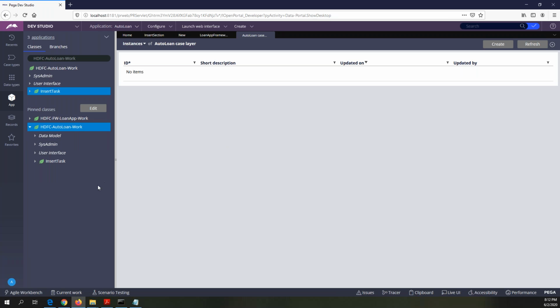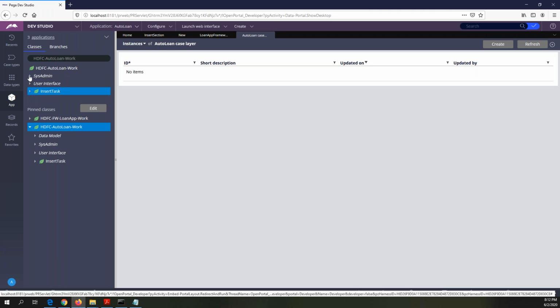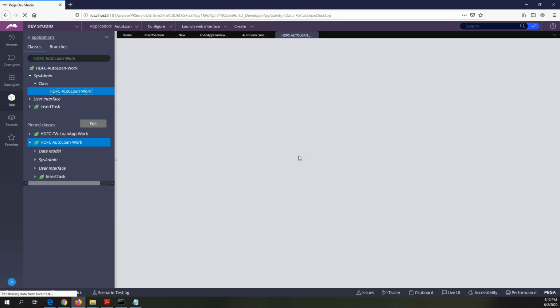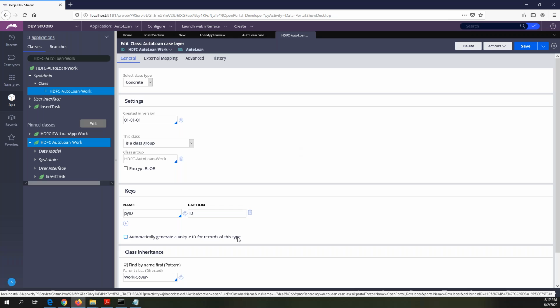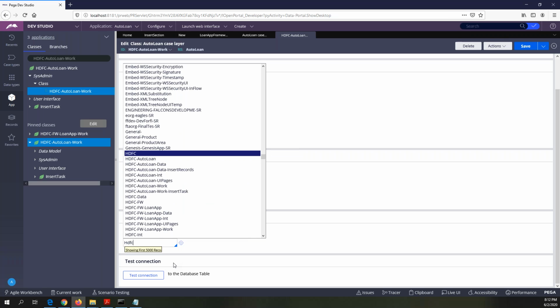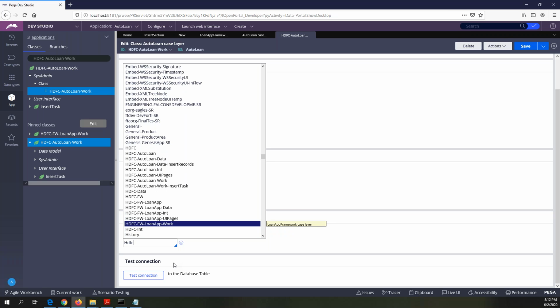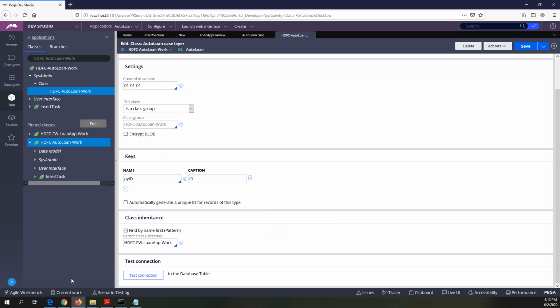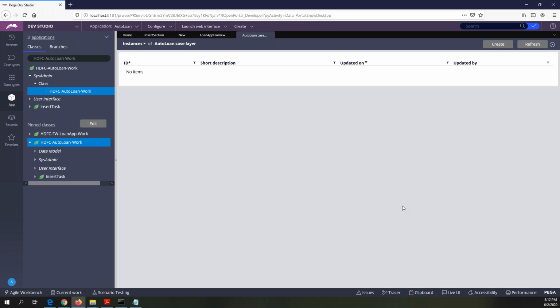Okay, this is your framework. This is your class group. This is your implementation case type. So open the class group once. Here we need to change the framework, not work dashboard. Oh, okay. Your framework is FW something, there, right? Yeah, loan app. Yeah, this is your framework. That's it. It will come. Let's try now.